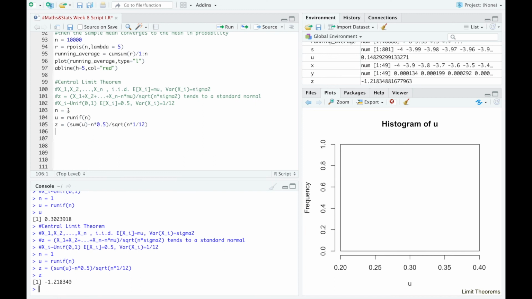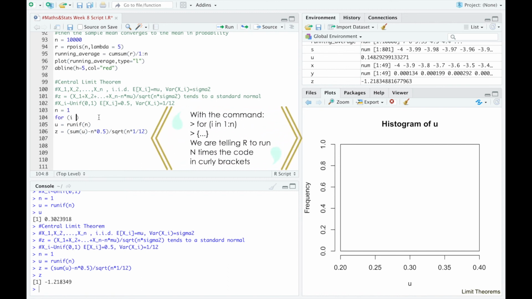So how can we check that this is distributed as a standard normal? Well, this is an example of the Monte Carlo method. To understand the distribution of z, we just sample many times from z and display a histogram that shows the distribution that z should have. To do this, we use a cycle. Cycles are quite slow in R, but many times are extremely useful. So for i in